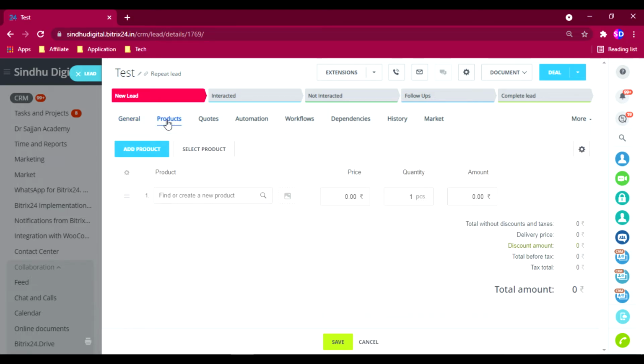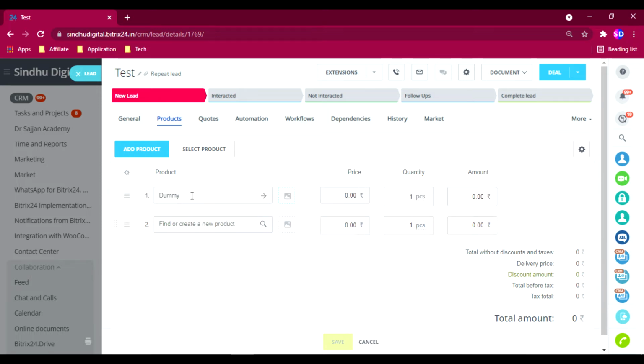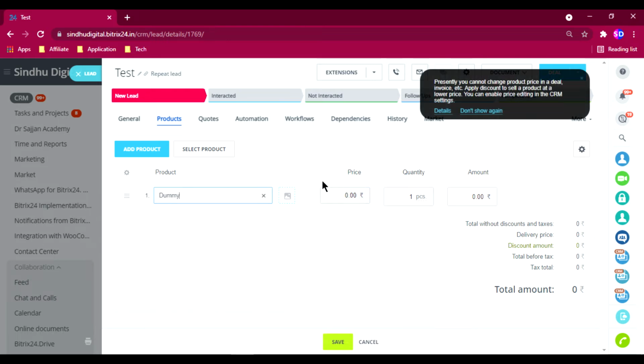You can easily add a new product, and you can add as many products as you want. If the person buys one product, I'll delete this. I'll select a dummy product, and what is the price of that?